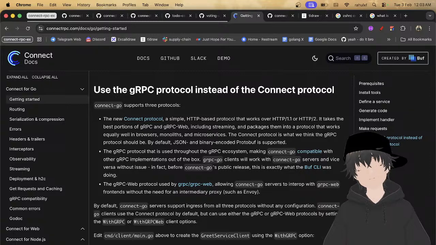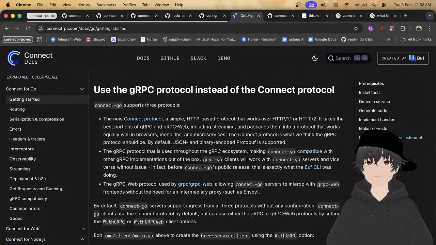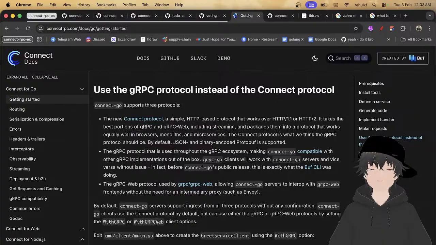In fact, before Connect Go, this is exactly what the buf CLI was doing. The gRPC-Web protocol, used by gRPC-Web, allows Connect Go servers to interoperate with gRPC-Web frontends without the need for an intermediary proxy.